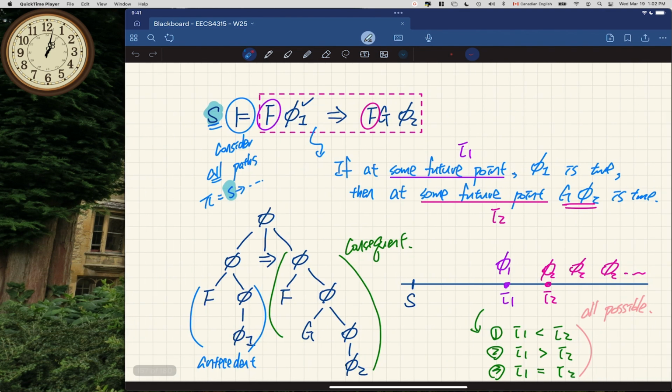And we talked about this new pattern here, basically like an implication structure. We got some pattern over here. We got another pattern in the consequence, right? We spoke about how you should really try to first draw the parse tree and then try to visualize exactly what it is supposed to mean. And for this case over here, you got a future operator in both the antecedent and the consequence. The important thing to remember when you study for this is the future point over here in the antecedent and the future point over here in the consequence, they are independent. They don't need to be the same, and it doesn't really matter which one happened first, right? So that's why we said each one of the 3 cases is allowed.